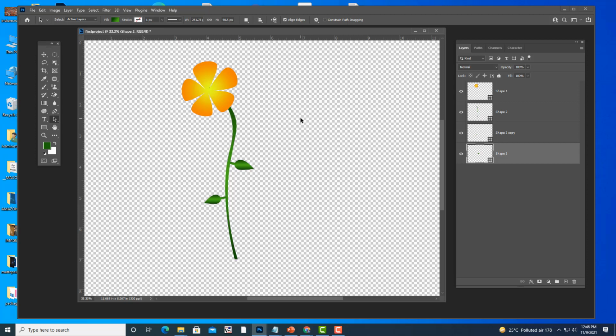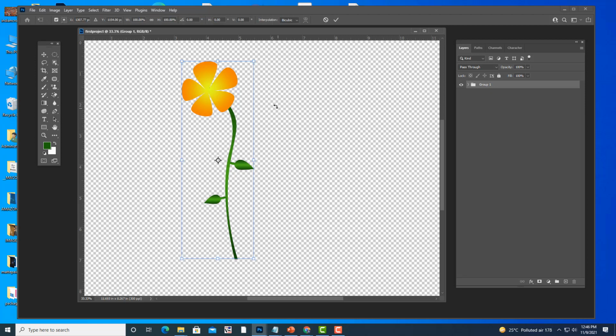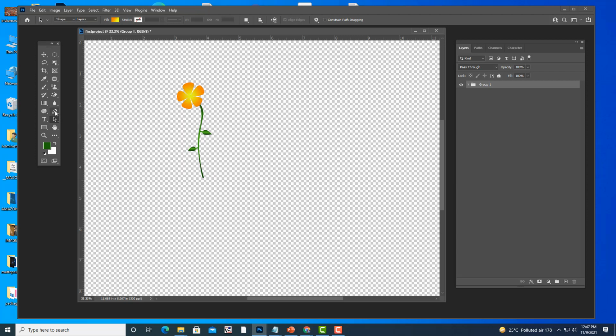Now the flower shape is completed. So we will also create a pot. Just group this. I'm going to group all these layers with Ctrl G. Then we'll use Ctrl T and make it small. We will use center scale, and hit enter. To create a pot, just take the pen tool, and this pot also I am creating with my imagination. So you have to adjust it properly like this.